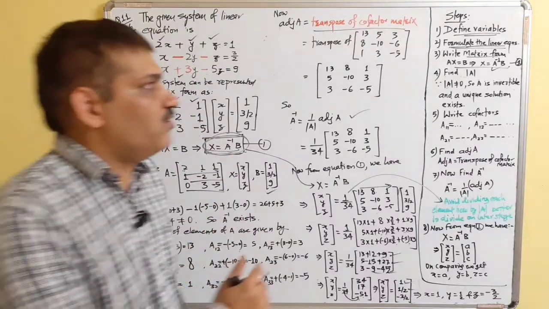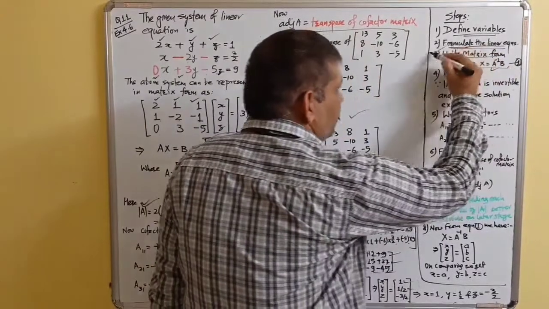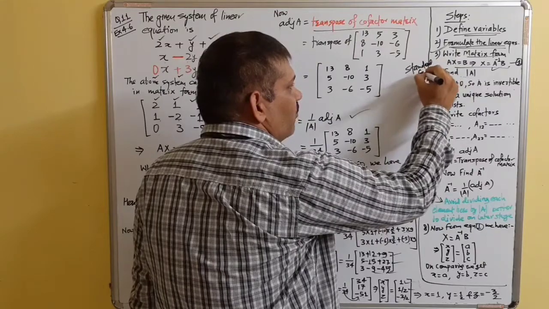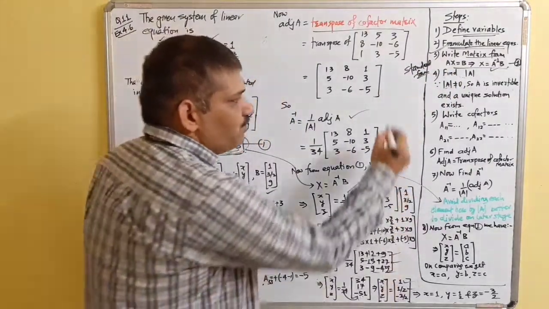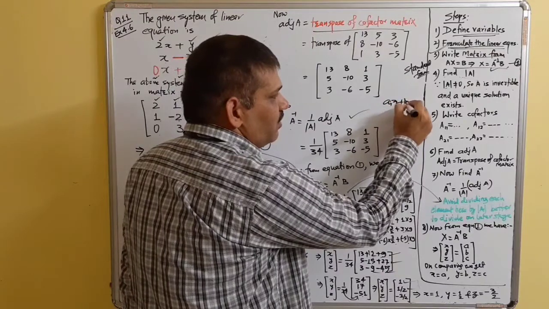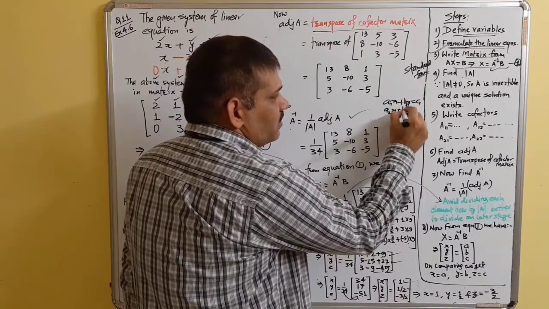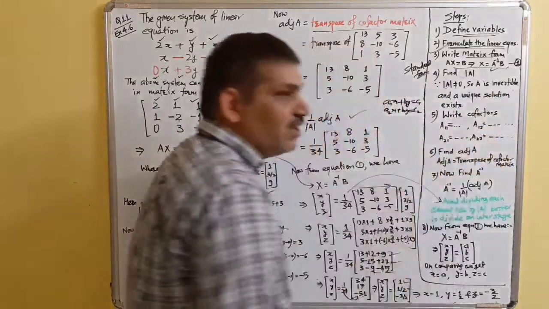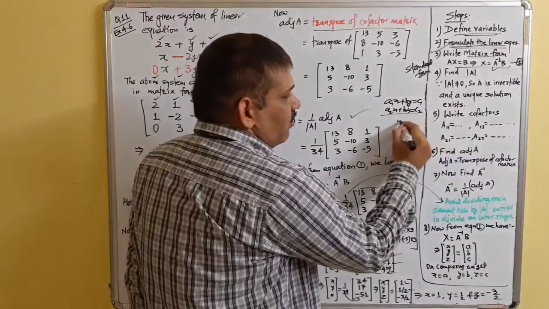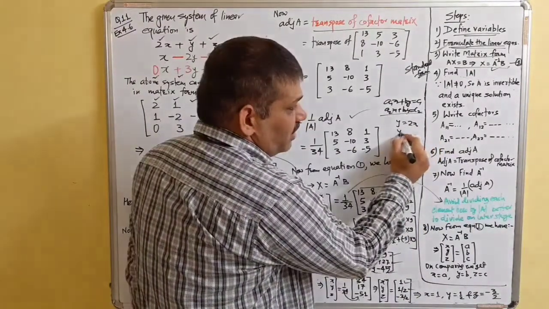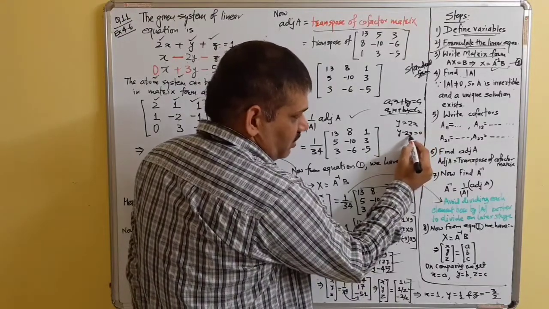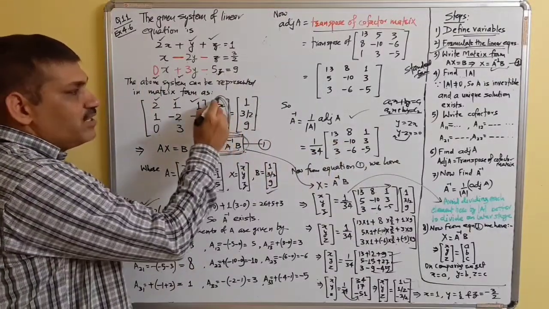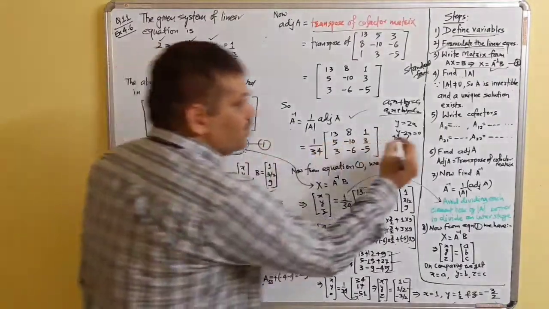So we must formulate: if we have the given linear equations, then we must write them in standard form. If we have two equations, then we write a1x plus b1y is equal to c1, a2x plus b2y is equal to c2. That is, if constants are on the left hand side, then we shift them to the right hand side. Suppose the equation is like this, y is equal to 2x, it cannot be written as y minus 2x is equal to 0. Actually, x must be first. While writing the column matrix of variables, we take x first, so we must take x first.